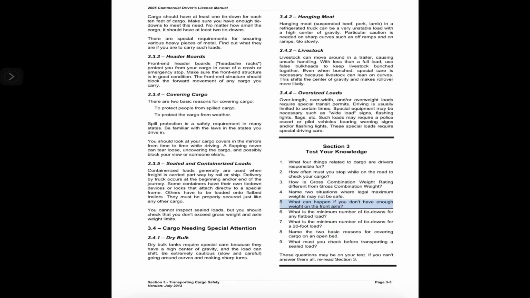5. What can happen if you don't have enough weight on the front axle? 6. What is the minimum number of tie-downs for any flatbed load? 7. What is the minimum number of tie-downs for a 20-foot load? 8. Name the 2 basic reasons for covering cargo on an open bed. 9. What must you check before transporting a sealed load? These questions may be on your test. If you can answer them all,